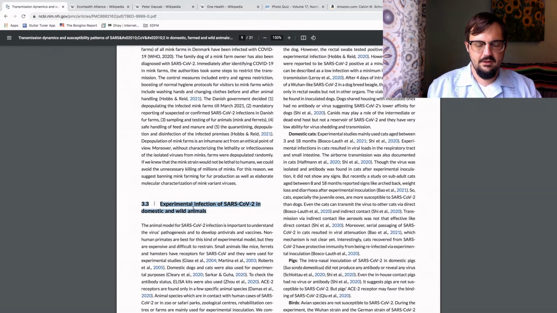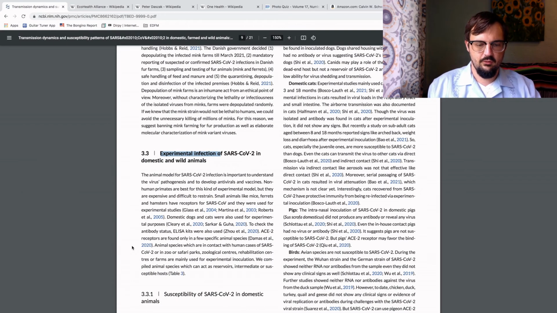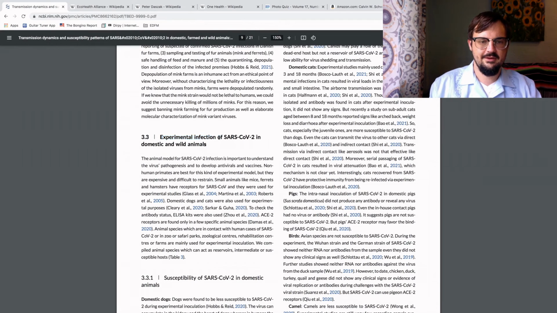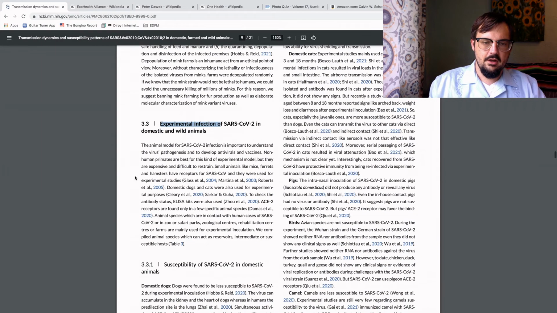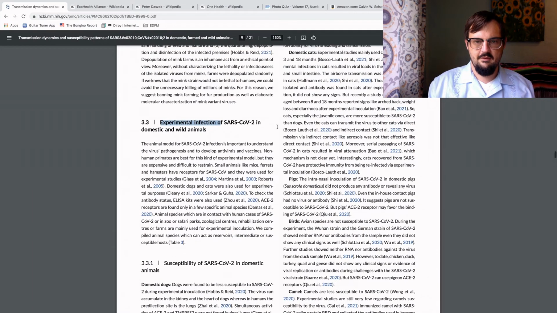And this is going to be a misnomer, because some of these studies, well, I didn't look at all of the different citations, but this is not all experimental infection. A lot of these are just reports from the wild, or zoo animals. They're not going to experimentally infect a zoo animal that they paid thousands of dollars for. That's just silly. But anyway, I wrote down to summarize all of these,